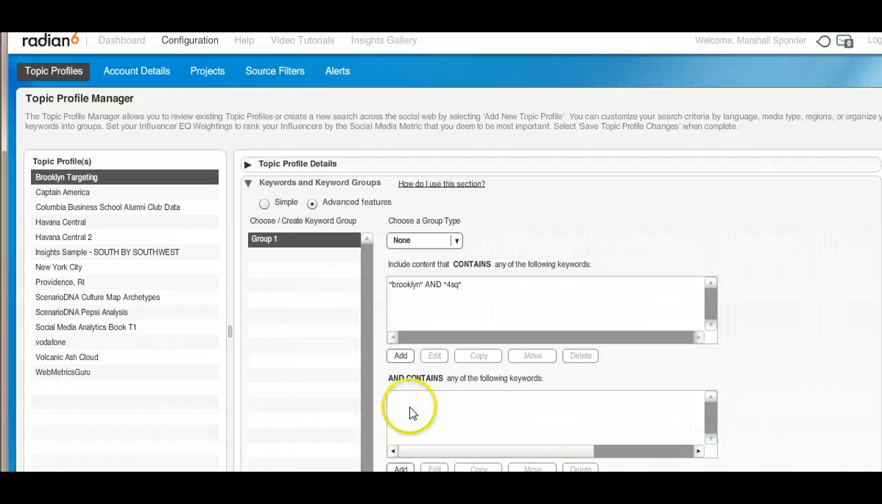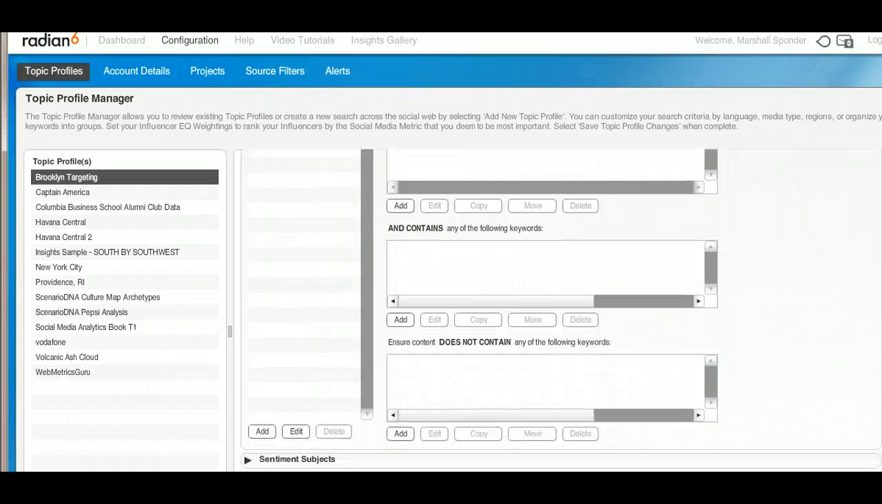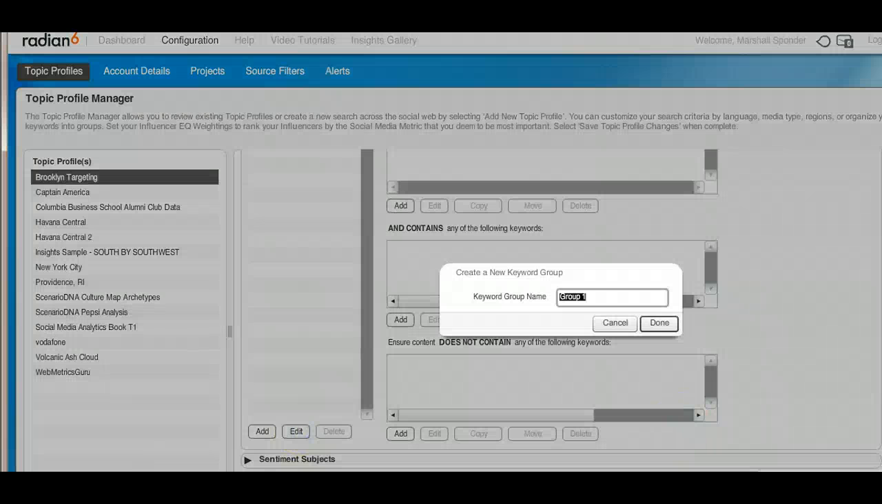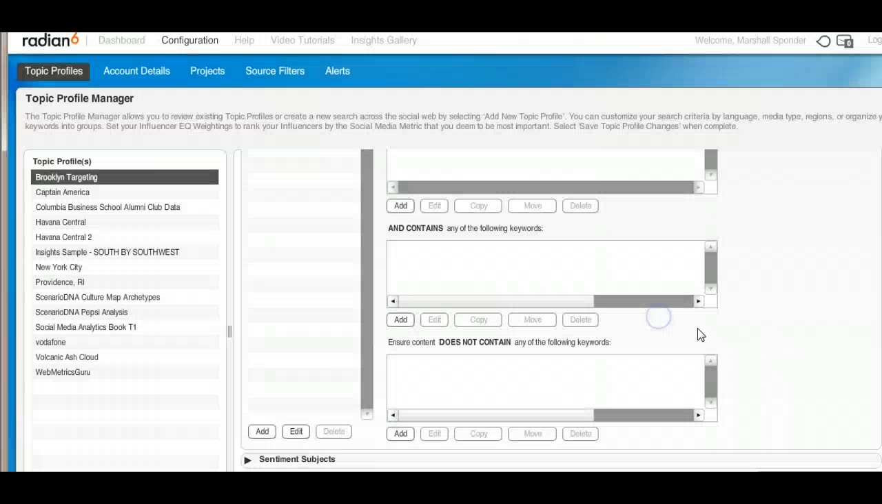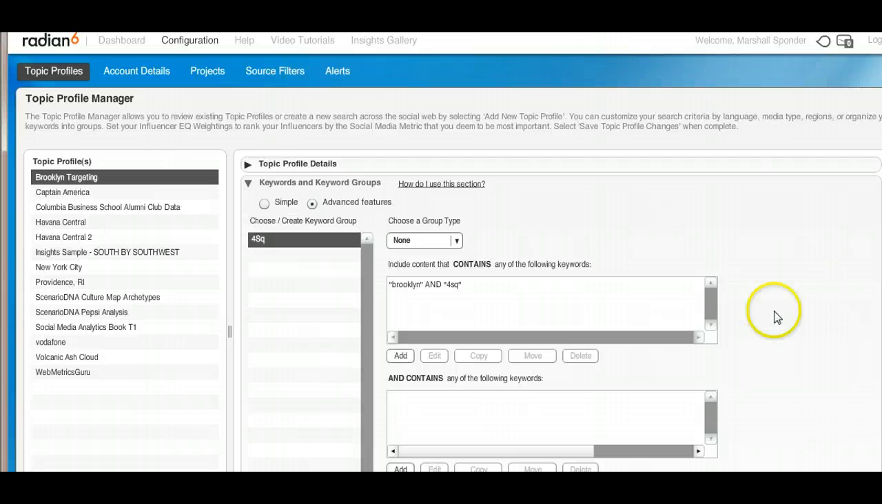feeds. But I can also do, and I can name this group, edit, and I will name it Foursquare Check. I'll just do Foursquare. But anyway, I can pretty much add other topics such as